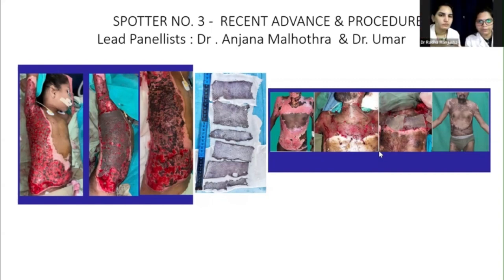So what do you mean by early burn wound excision? When is it done, the timing? Ma'am, it is theoretically done within 5 to 7 days after the burn injury, and now it is even done within 24 to 48 hours of the burn injury. After completion of resuscitation, we can do excision, ma'am. As soon as the patient is stabilized.